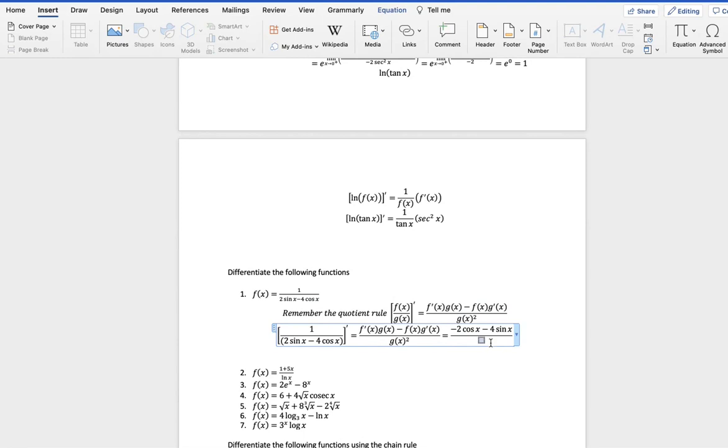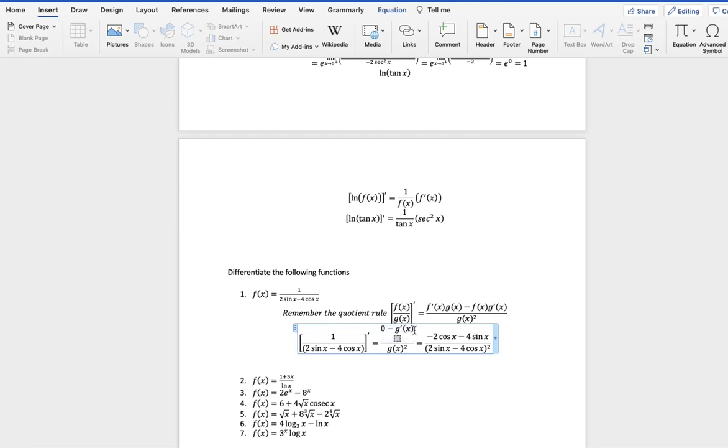And then, of course, the g of x is just 2 sine of x minus 4 cos of x. Right, so remember, we said this first part here is equal to 0. The second part is basically f of x is 1, so we can write it or leave it. And then we have the derivative of